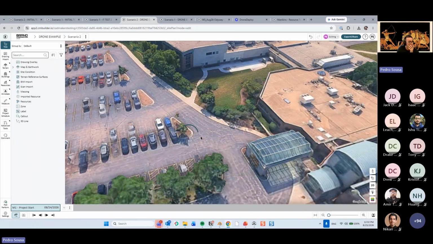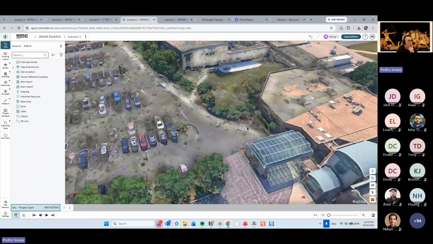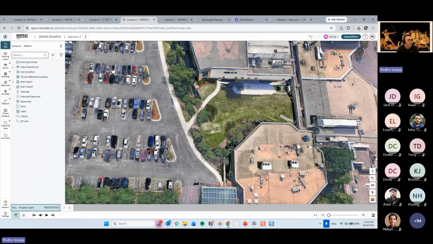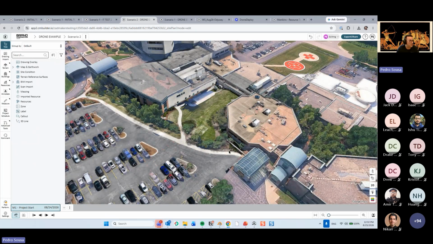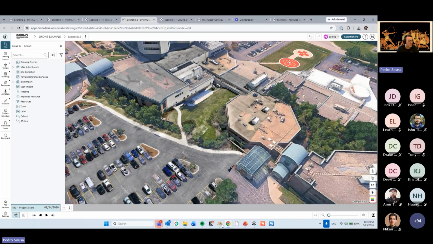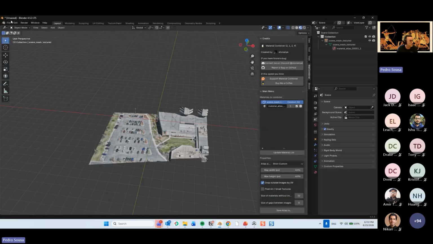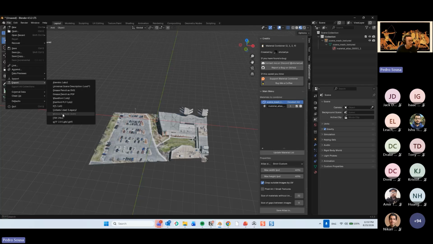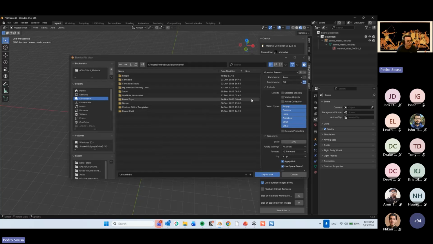So I don't need to position it again. There you go. So I imported the drone scan into my view. Whenever you're done with this process over here, basically you're going to export an FBX file, and